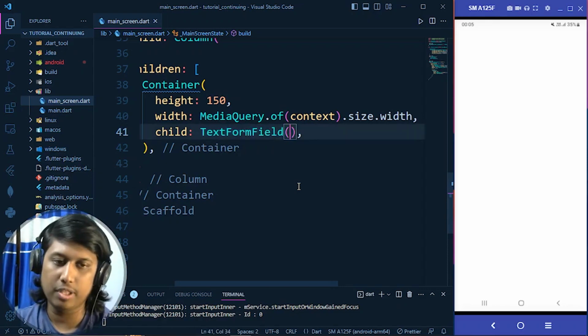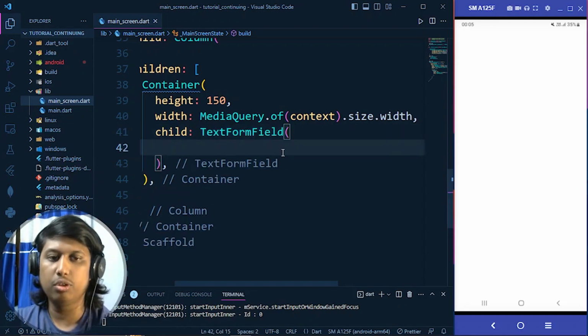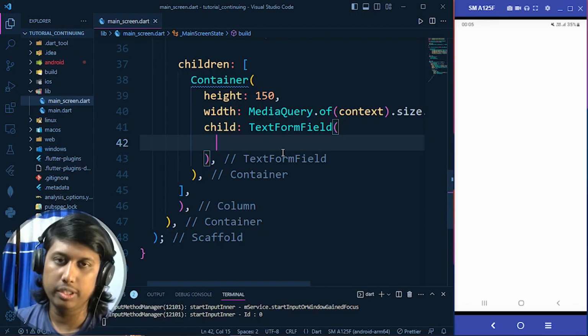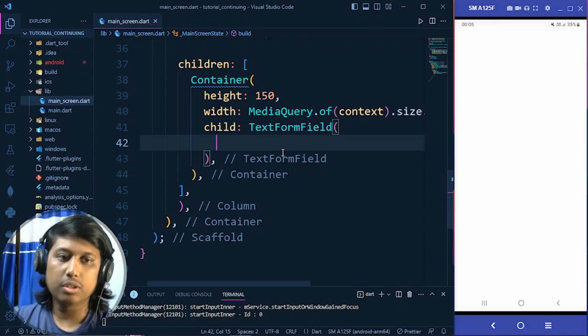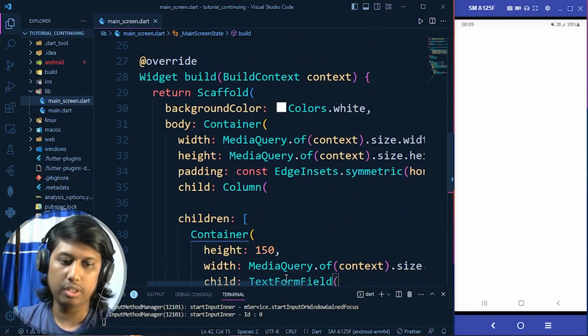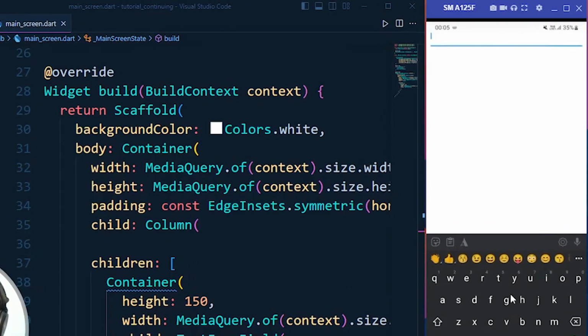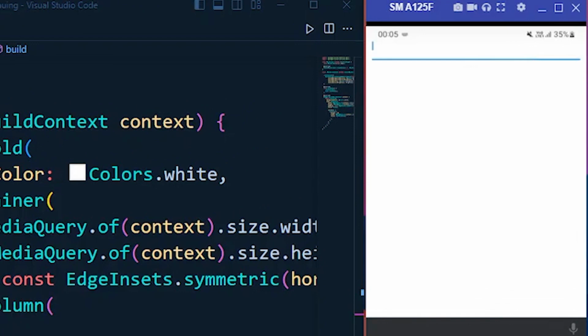So by default I prefer to choose the text form field. You can go through that text field, that will be totally fine. Most of the properties under that widget are common, so don't worry. So under that will be shown a text form field. So let's make a hot reload. By default that kind of text field will show, and here you can write, just like if I write